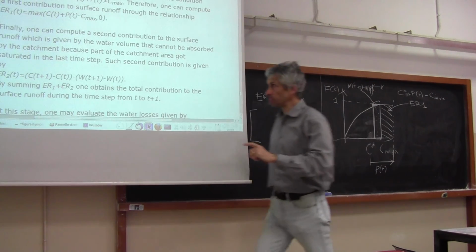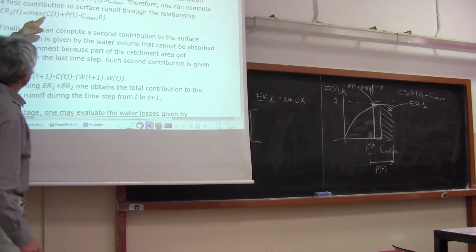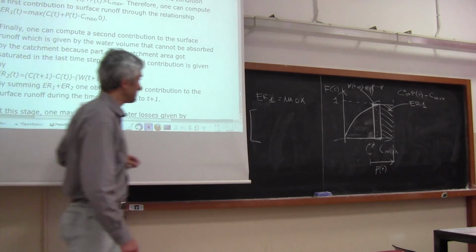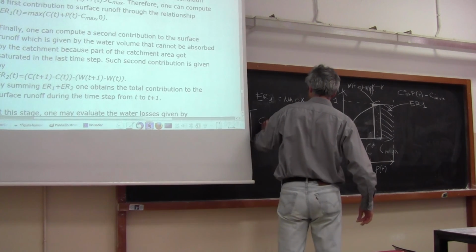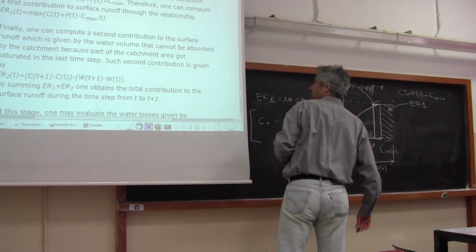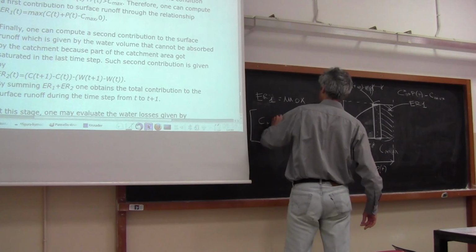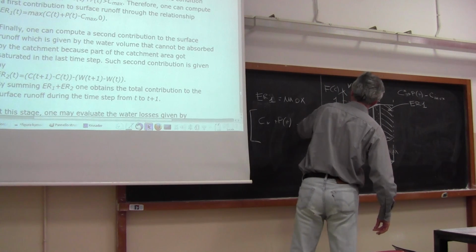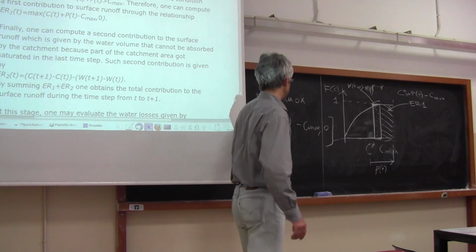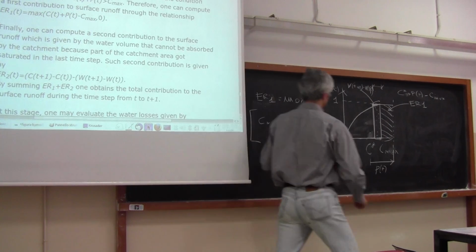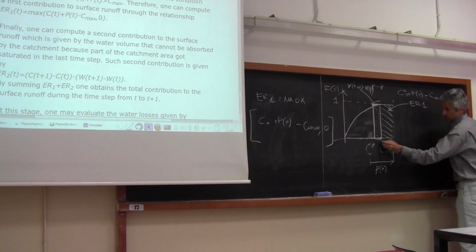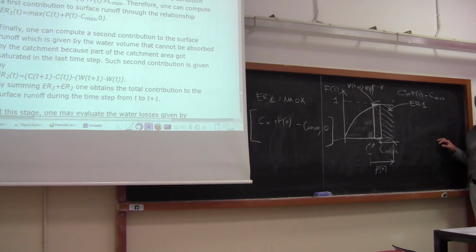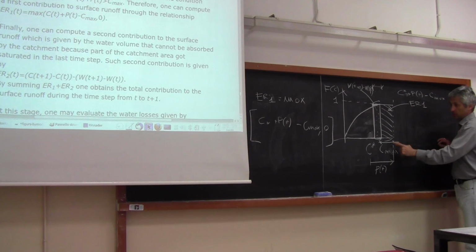Between, if we read here, basically C star plus rainfall minus C max and 0. So what is C star plus rainfall minus C max? It is this segment here. And in order to get the area